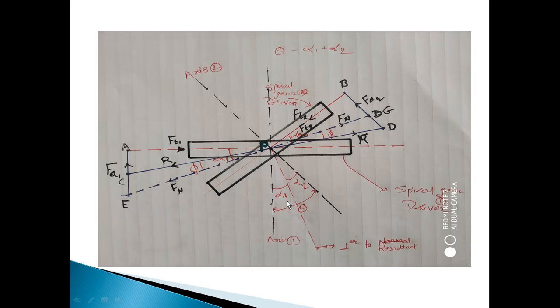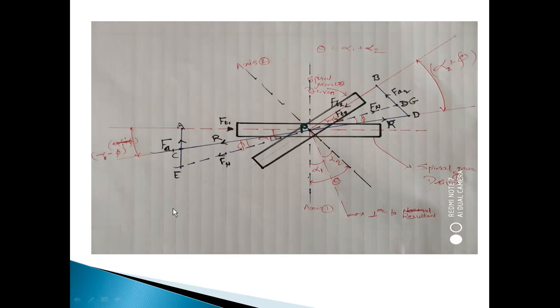If you look at the figure, alpha 1 and alpha 2 make some angle. If I denote this angle with theta, what is this theta? Theta is equivalent to alpha 1 plus alpha 2. If you look at the diagram well, this is the angle between the two shaft axes, axis number 1 and axis number 2. So this is called the shaft angle, and right now in this case it is alpha 1 plus alpha 2. Are you getting me? Okay, this one is over.